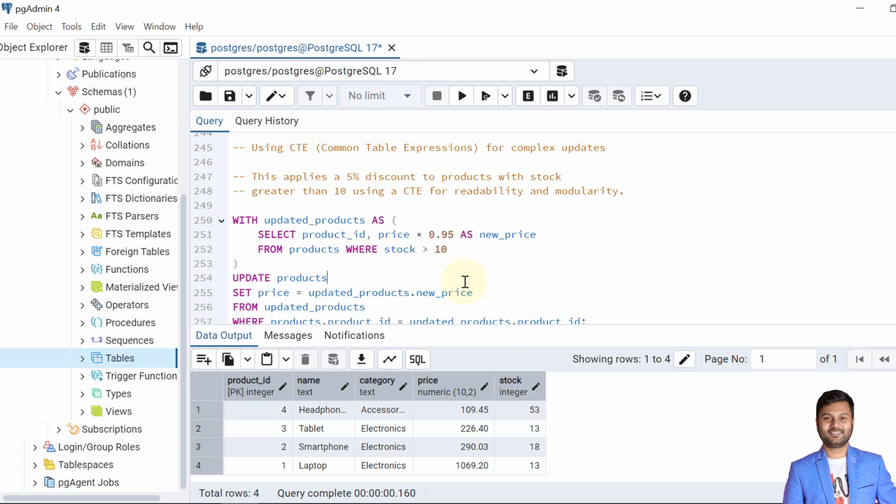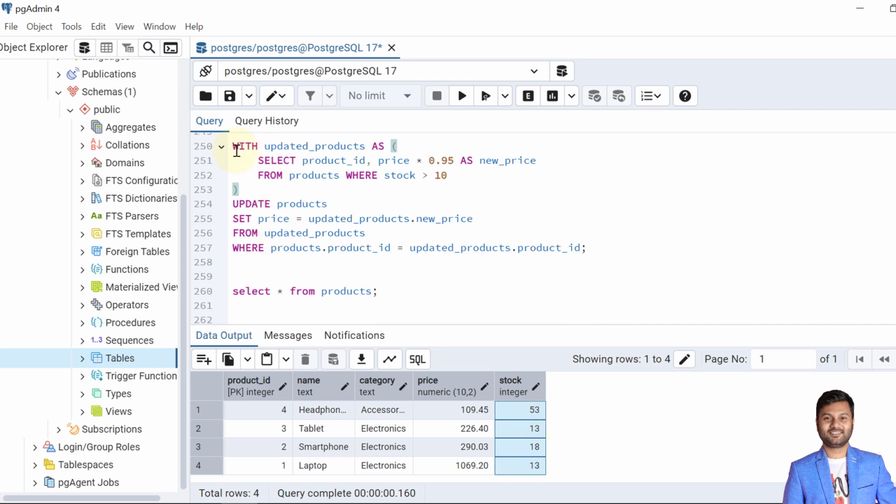In PostgreSQL, it is also possible to use the CTE, that is common table expression, for complex updates. In this example, we are going to update the products table where we are giving a 5% discount on products with stock greater than 10, using a CTE for readability and modularity. We can see that all the records should be updated because all the product stock quantities are more than 10. We started with the clause WITH, then we give an alias to this, and in this select statement